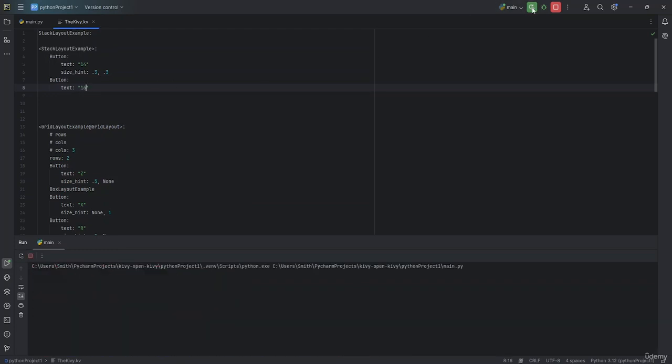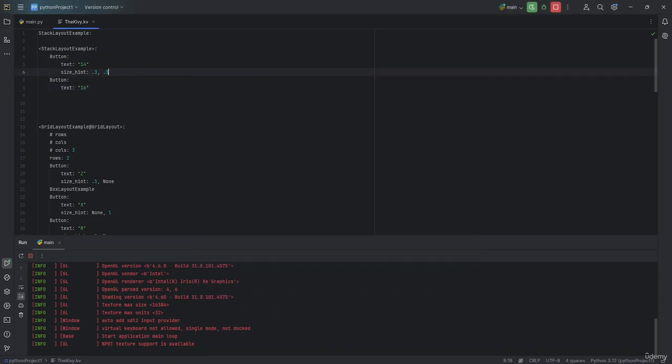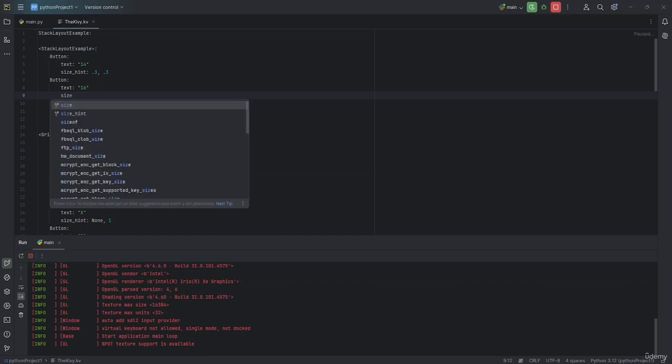And if I play it out, it's going to be at the bottom and it's going to take up a lot of space. Okay. So as it has taken up a lot of space, we're going to be using the same, let's say, size. Okay. So for the size, we're going to be copying this up over here too. So if I put in size